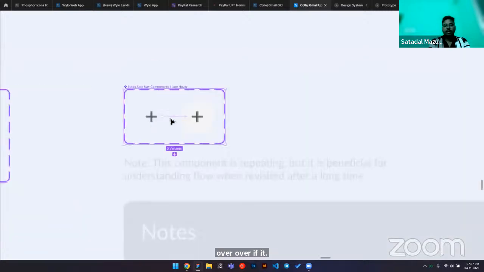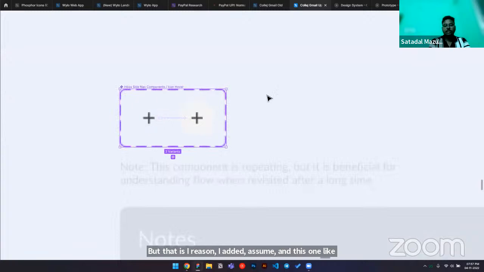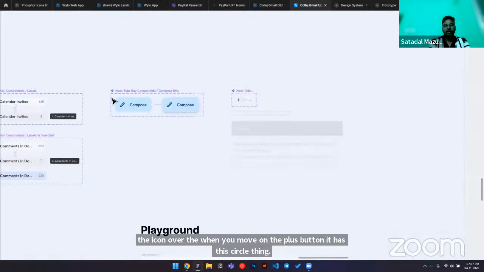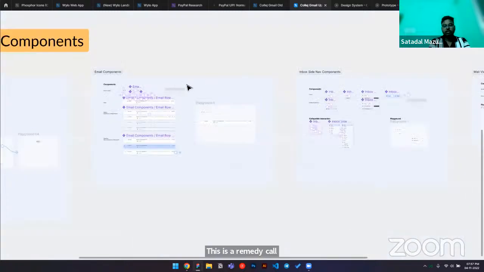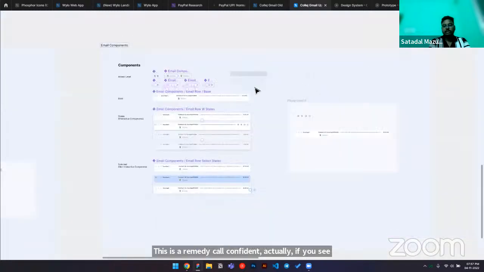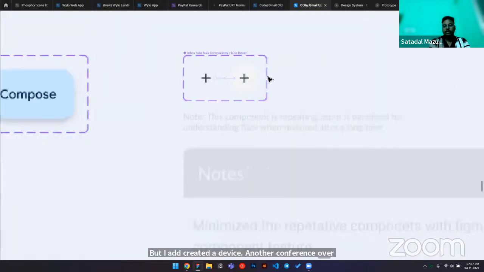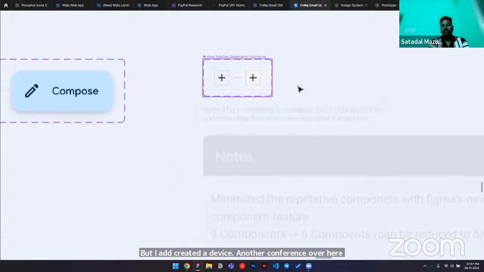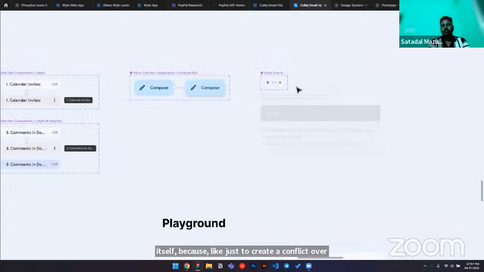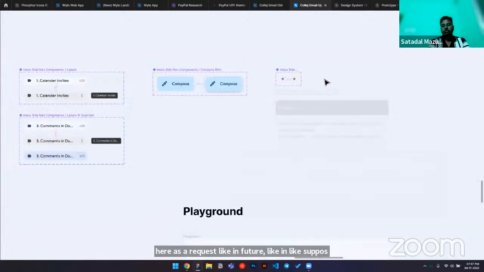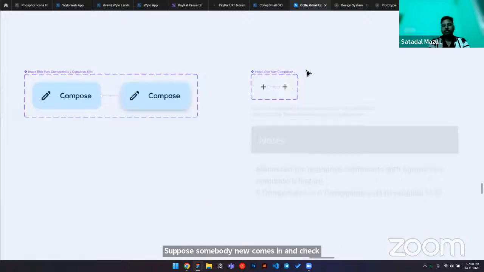And this one, the icon hover, when you hover on the plus button, it has this circle thing. This is a repetitive component actually. If you see the email component, this one is the same thing, but I created a different component over here, just duplicating the component, because in future, suppose in 1 week or 2 weeks time, if I come back and I forgot how things are working and which components to group, it would be a lot of work for me to figure out everything. And suppose somebody new comes in and checks it, they might get lost on how things are happening. So for that reason I just created a